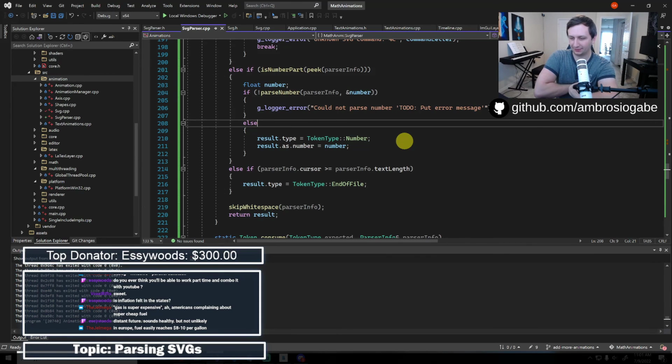Ooh, $8 to $10 per gallon. Dang. Okay, maybe I don't have it as bad as Europeans. Then again, I do drive like 20 miles just to get to work. So I feel like in Europe, a lot of things are closer together because it's mostly cities, but I could be wrong on that too.